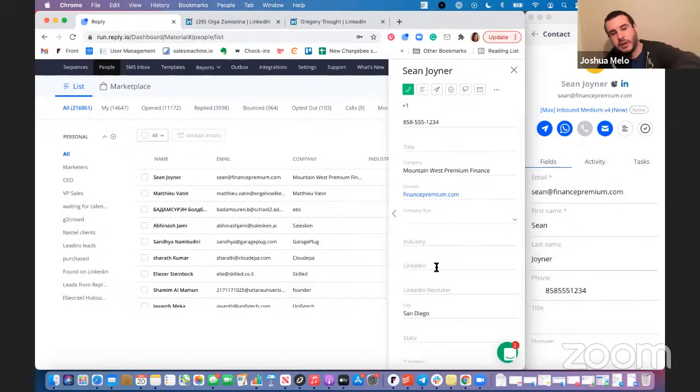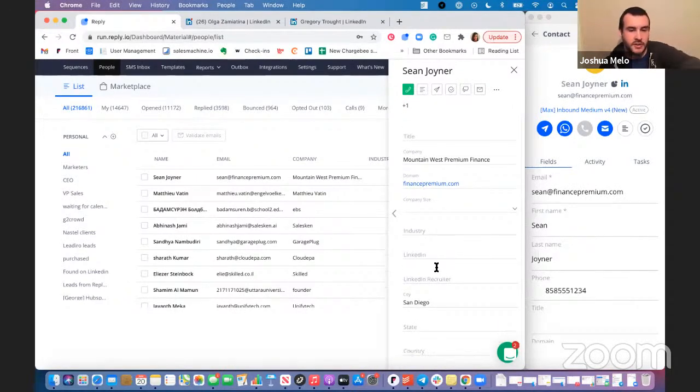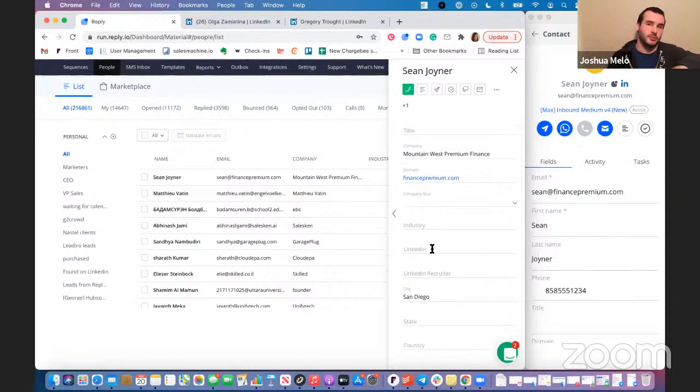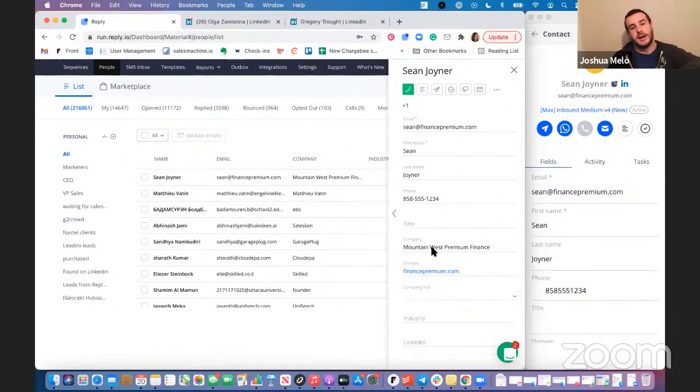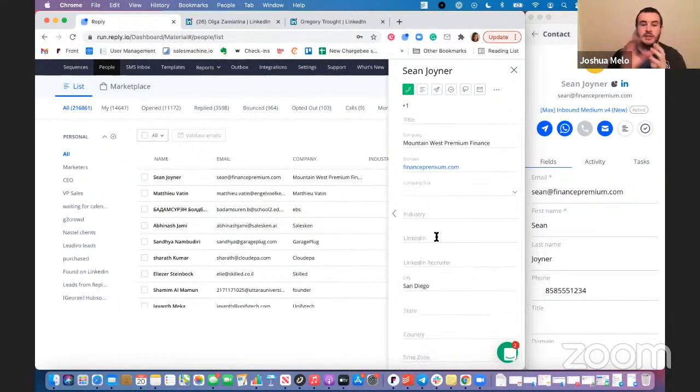So yes, you do want to have, in this field specifically, the profile for their LinkedIn account. And then as long as it's there, in the tasks that are created for LinkedIn specifically, that button will appear. You simply click that button and it will send out either the message, or view the profile, whatever option you've selected.